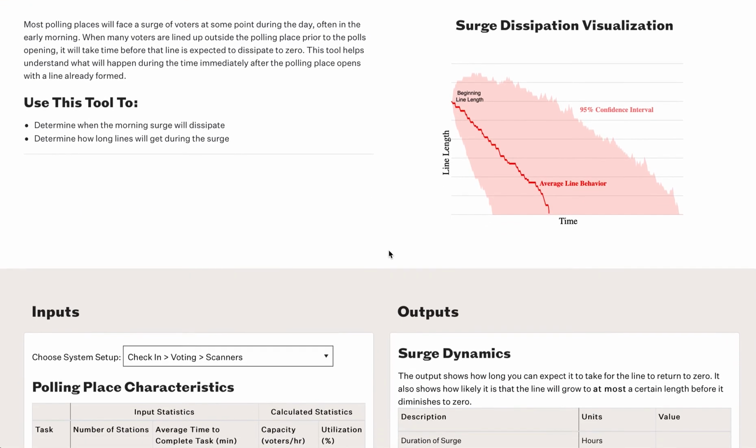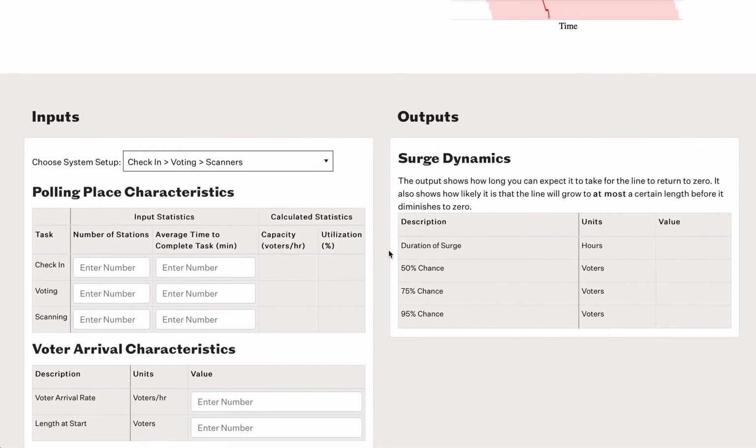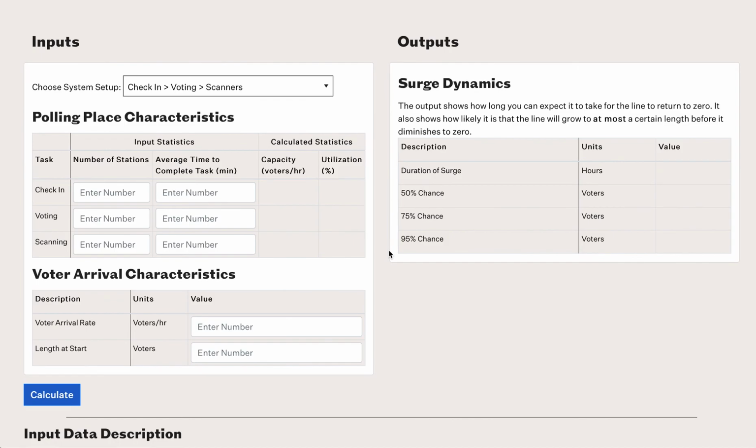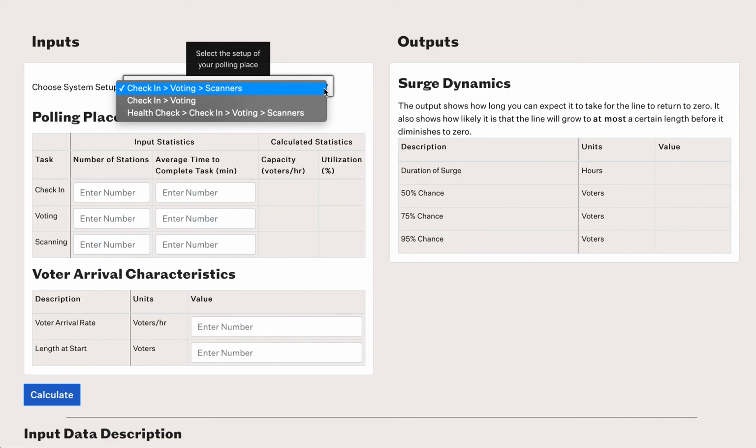We have inputs on the left and outputs on the right. The first input is the selection of the system setup. By default, it is a three-step process: check-in, voting, and scanning. But if we click on the drop-down, we can have a simpler two-step process or a more complicated four-step process that includes a health check. We'll stick with the three-step process for now. If your process looks slightly different, choose the one with the correct number of steps and just ignore the row